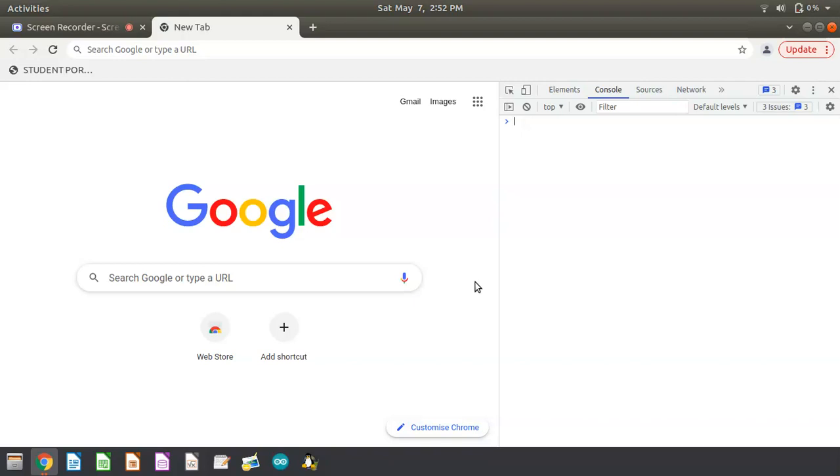Now you can also find out how to control robots with JavaScript by visiting